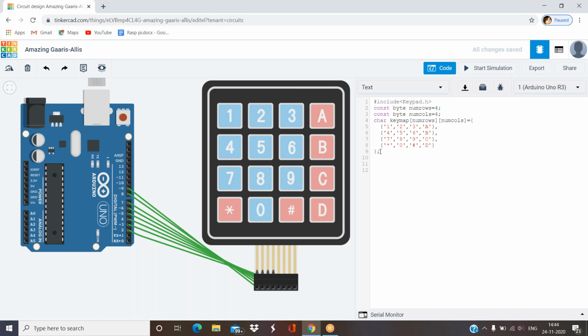with a semicolon. So we have mapped all the keys which are present in the keypad. Okay. Next we have to indicate all the row pins and column pins. All these row pins and column pins where we have connected in the Arduino board. So for that purpose, byte row pins equal to, so where we have connected these row pins,